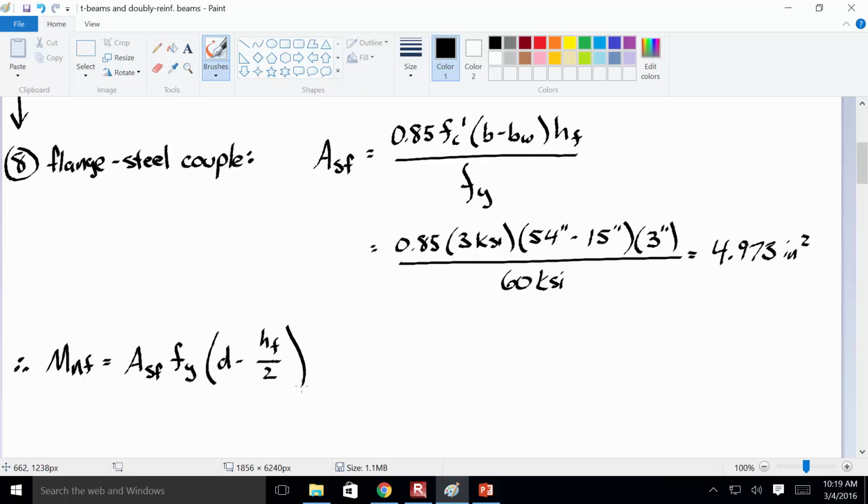Okay? So that is, what's this? This is the moment capacity of the flange couple, that component of it. We're doing this part because it's a true T-beam. Yes. All right, so that is plug and chug, and that will give you